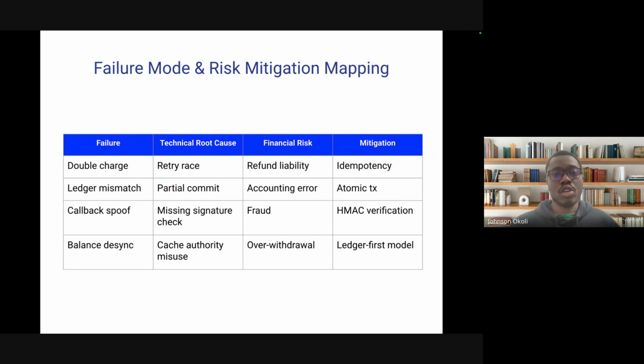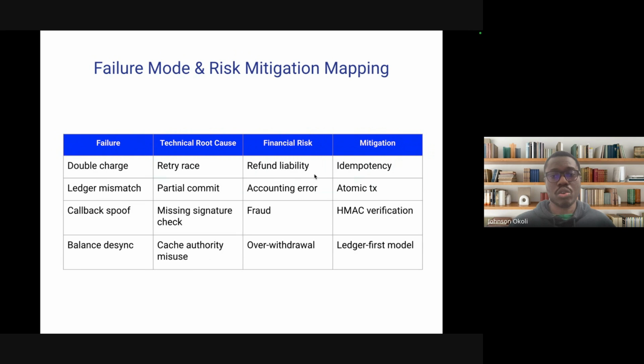So this is more like the failure modes, the major failure causes experienced in the fintech space. You have the double charge, and the reason why we usually have a double charge is when you have a retry. More like the transaction failed the first time. Maybe you queued it on Redis or any queuing caching infrastructure, and then for some reason it still makes that retry multiple times, and you don't have the idempotent key.